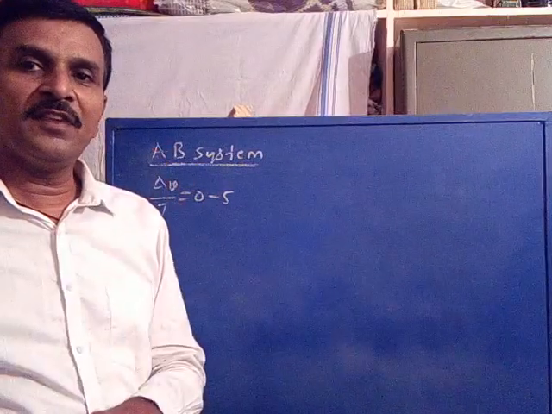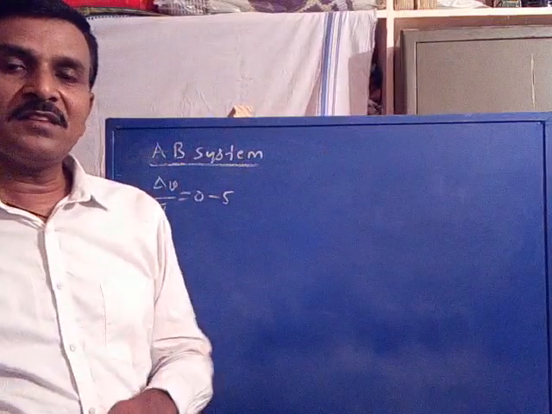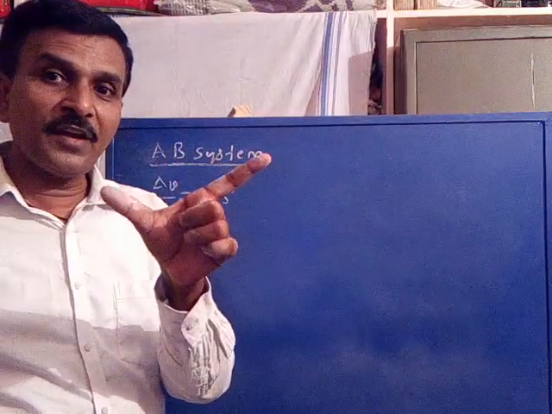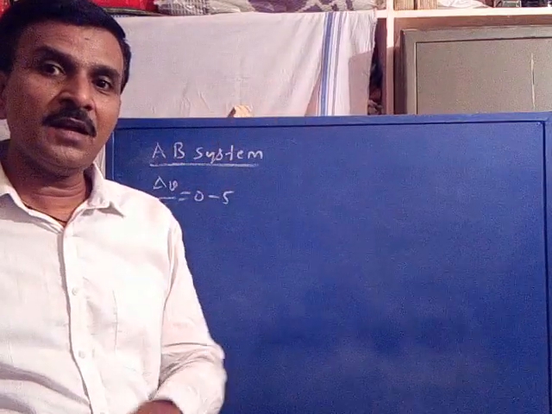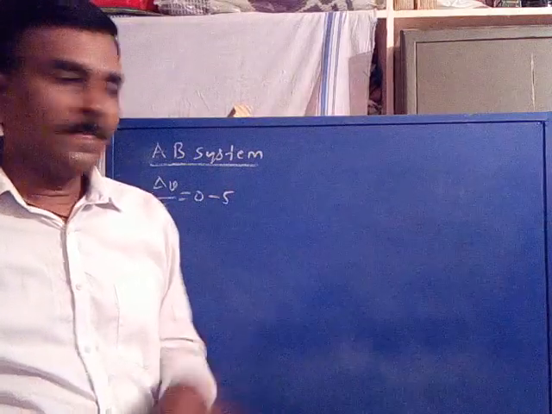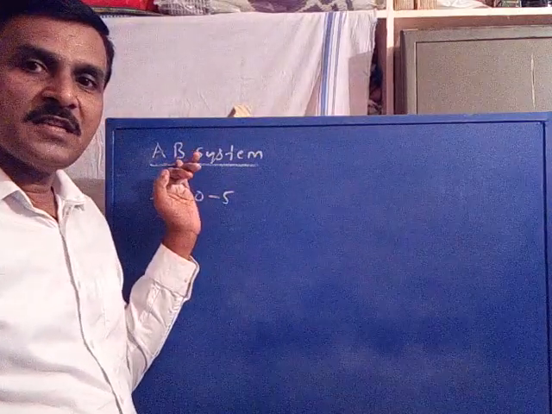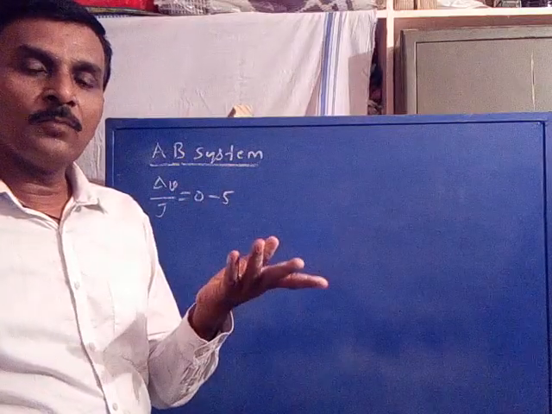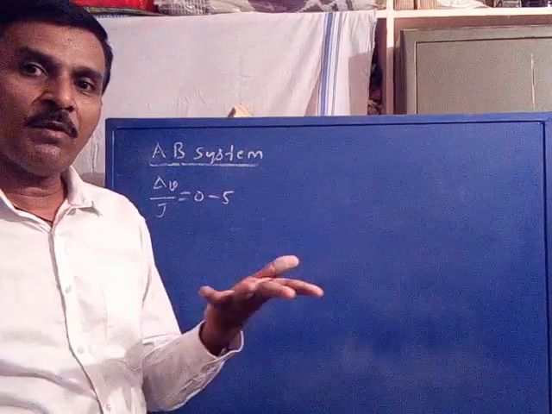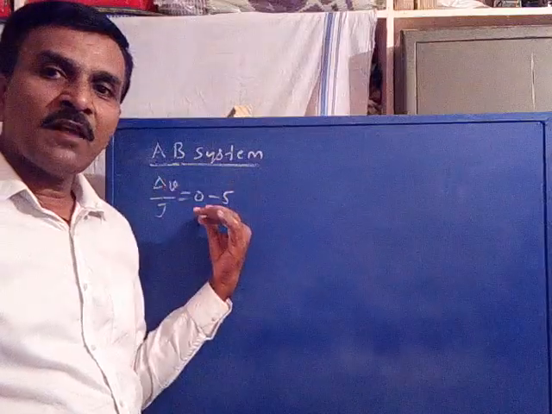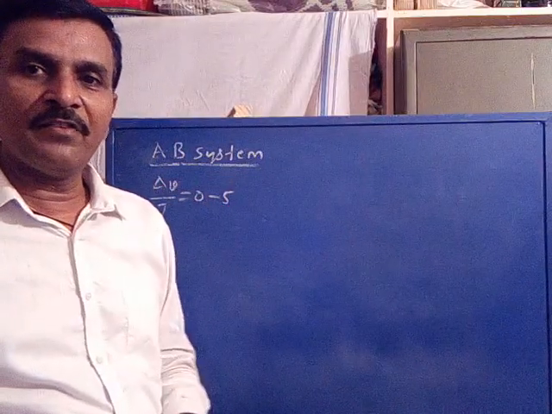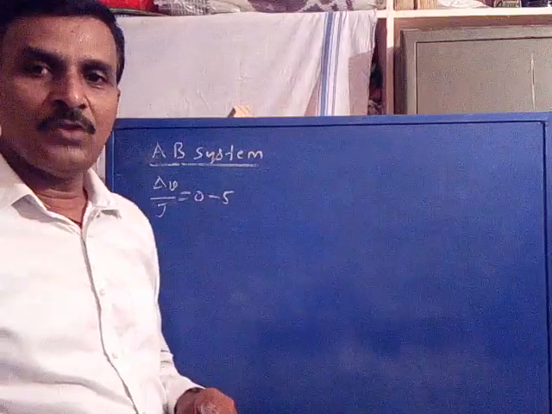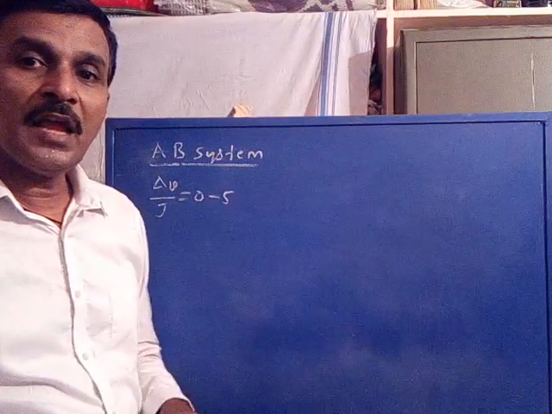So, a molecule which consists of two non-equivalent protons coupled with each other but separated with a smaller frequency difference. In the earlier systems, the coupled proton signals are separated by large frequency difference. So, that comes under first order. Now, this system includes B. We use ABC letters when there is a smaller frequency difference. Therefore, protons separated with a smaller frequency difference, that is delta nu divided by J in between 0 to 5, come under AB system.